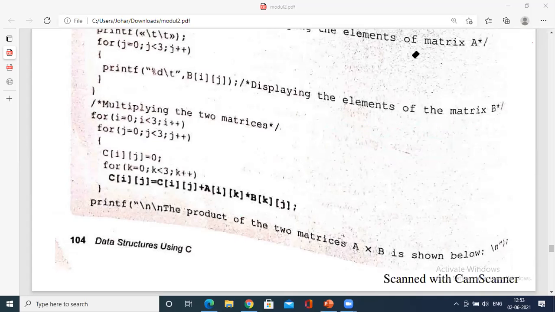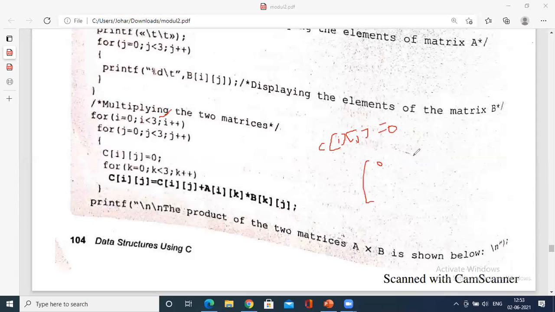Okay, now let us see here. i equal to 0, i less than 3, j equal to 0, j less than 3. You are storing into c of ij. You always initialize c of ij to 0 when you begin. So what is c of ij? You know, c of ij is the resultant matrix.